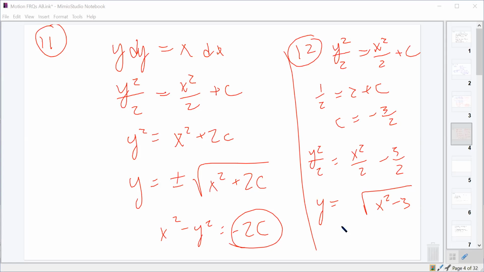And that tells us that x squared minus 3 has to be greater than or equal to 0, which tells us that x squared is greater than or equal to 3, or x is greater than or equal to the square root of 3, or x is less than or equal to the negative square root of 3. And since our x value is -2, we want x less than or equal to negative root 3, which